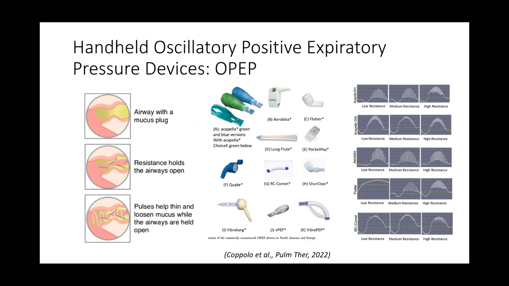So as I said, these devices have the benefit of maintaining the airway open through the positive expiratory pressure, but the addition of the oscillations can help to thin and loosen the mucus whilst the airways are held open. It should be noted that these devices have different vibration profiles, and this is shown on the far right hand portion of the slide. Here you can see some will produce more vibrations on top of the spontaneous breathing than